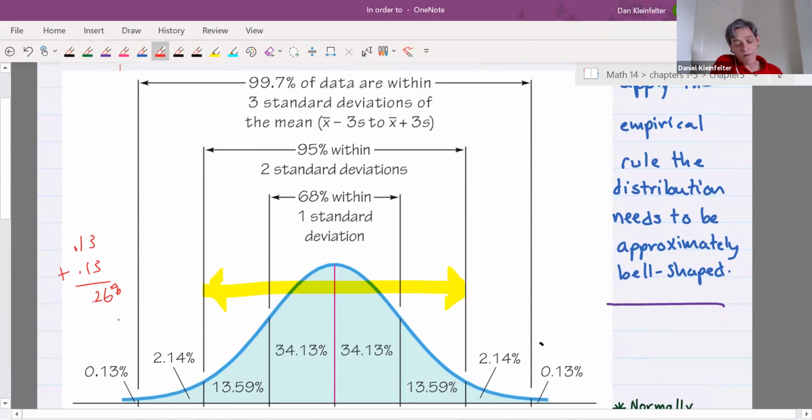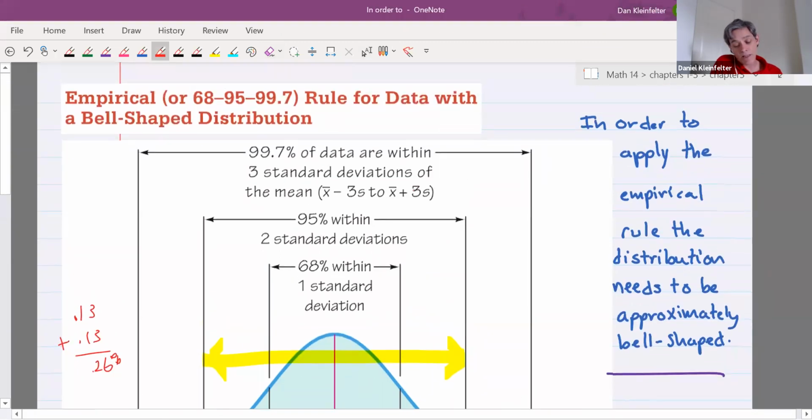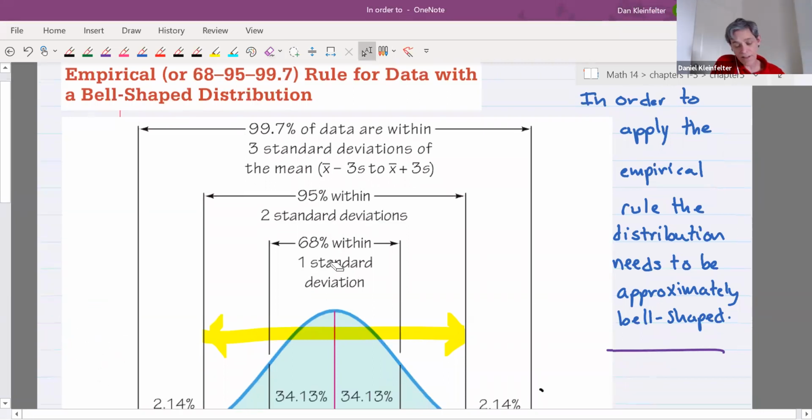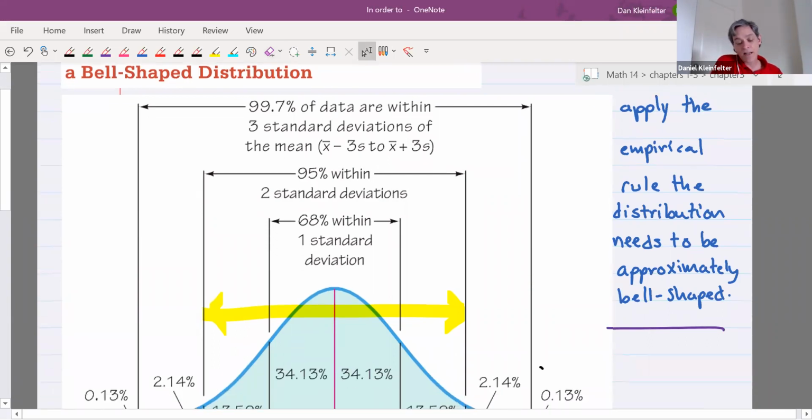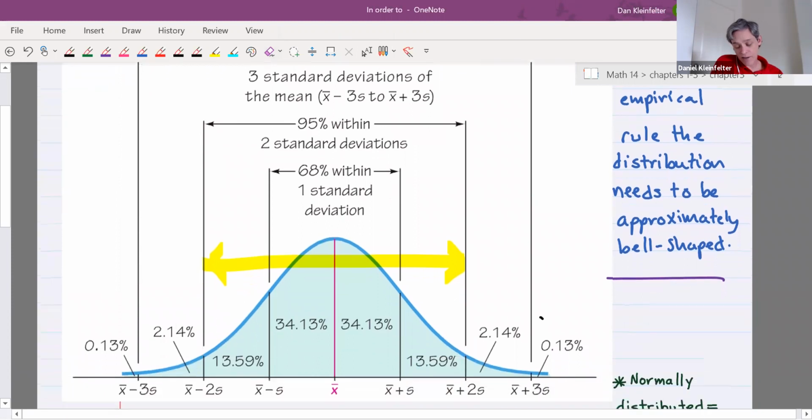And they've rounded that up to get the 0.7, or 1 minus that 0.7%. So sorry, they've kind of played fast and loose with the decimals here, but you do want to just think of this as the 68, 95, and 99.7% of the data within 1, 2, and 3 standard deviations